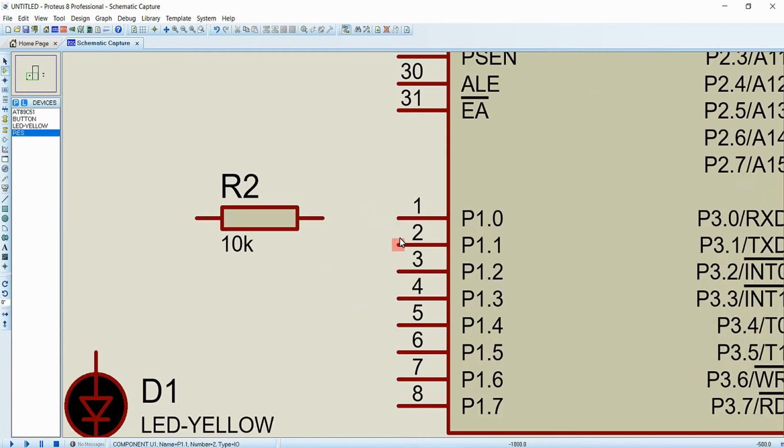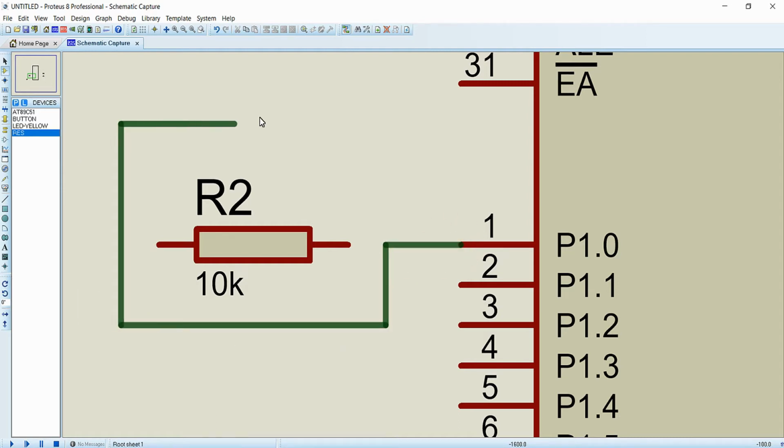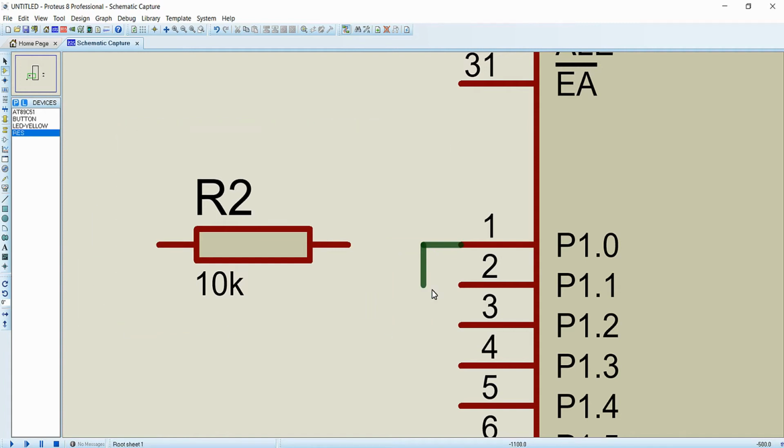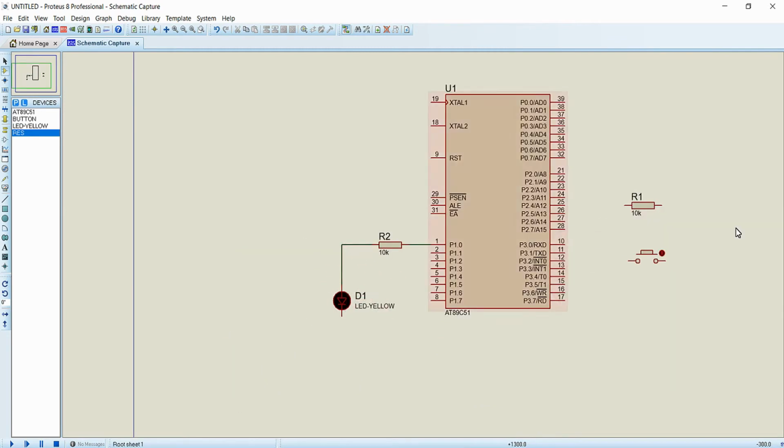And here I just want to connect this resistor end to the pin 1.0 of the microcontroller. So for doing that, go near the starting point of the terminal and make a left click on the mouse. And once you move the mouse, you can see the wire is also dragging along with your mouse. Go to the other end where you want to make the connection and again make a left click. You can see the connection has been made. In a similar manner, I am just connecting the other end of the resistor to the anode of the LED,